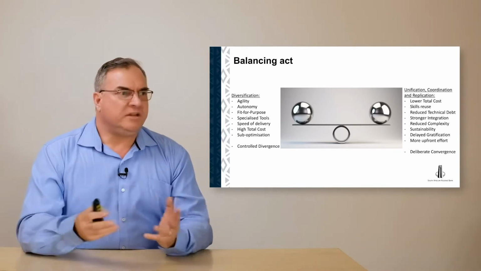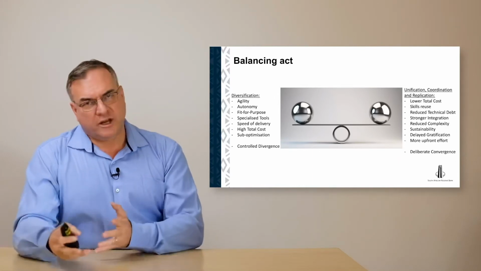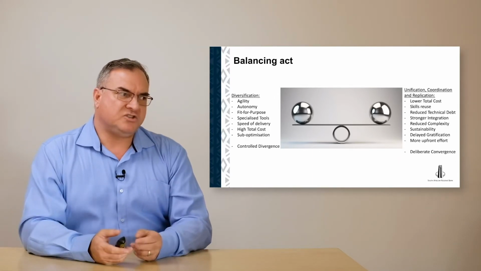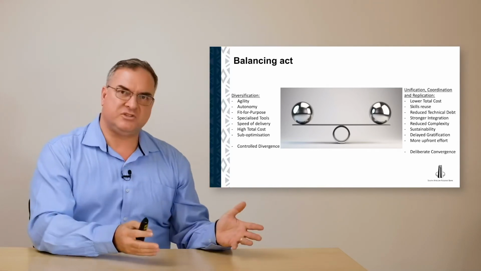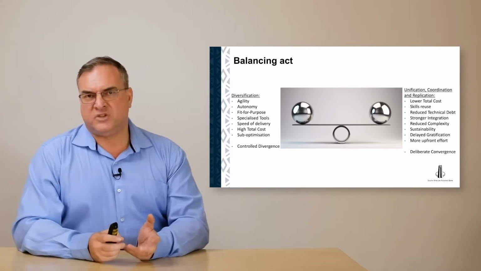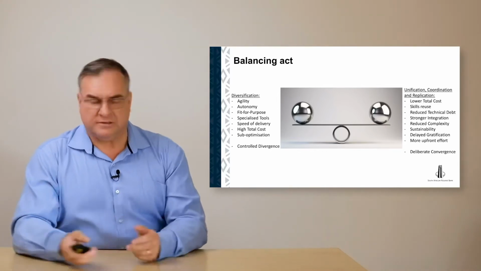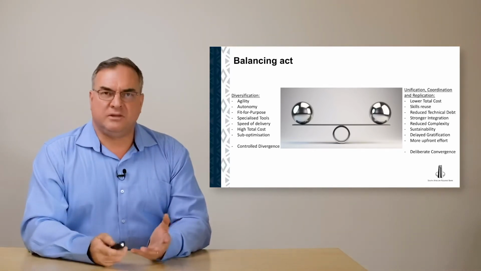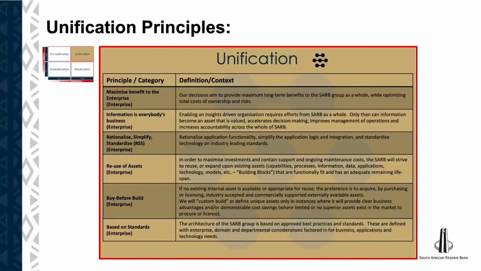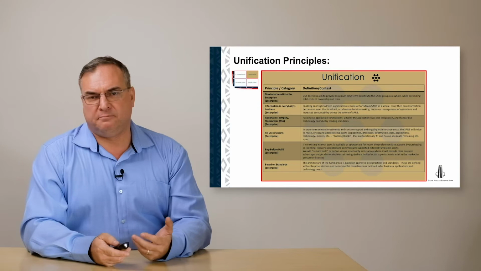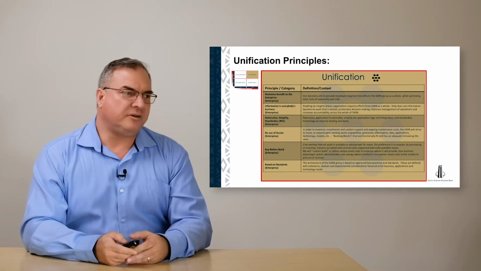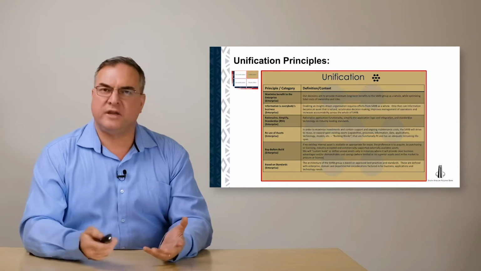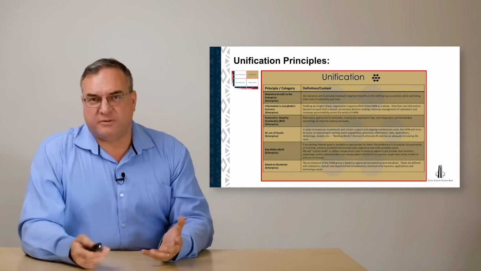So using this partitioning model and zoning plan of ours allows us to decide where we would have controlled divergence and where we want to pursue deliberate convergence, and how to balance and mix that across the enterprise. So we've defined principles. All architects would define principles to guide the development and the evolution of architecture over time. But now, applying the zoning model, we can appropriately contextualize some of those principles.